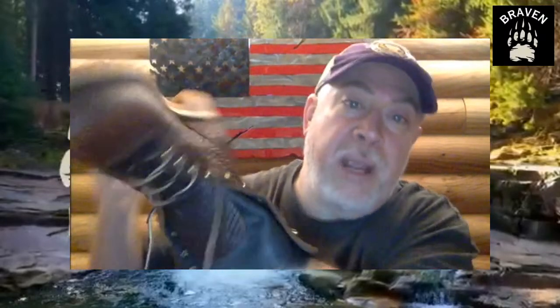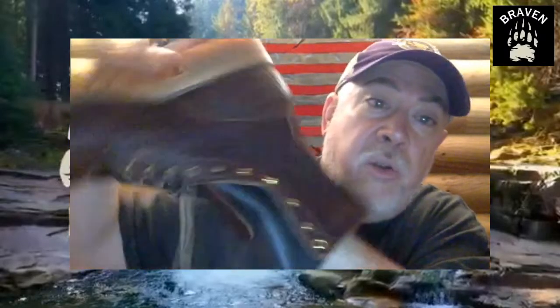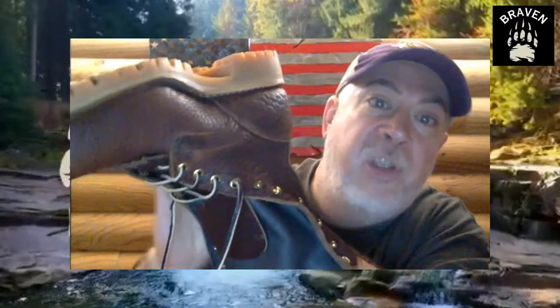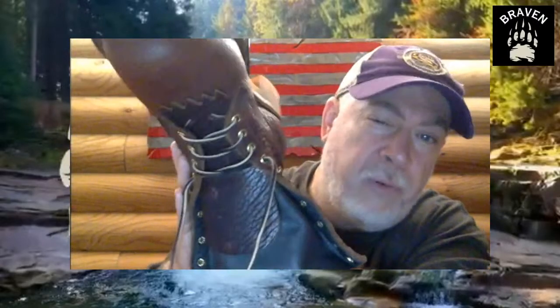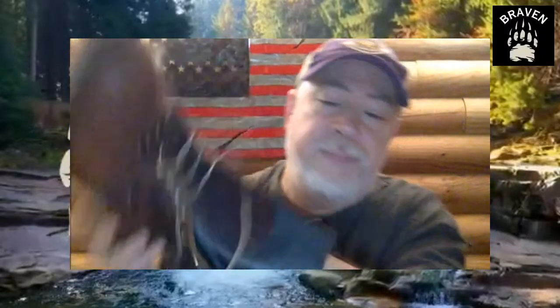You can put them next to a wood stove or fire. Just make sure they're not too close, and you change the directions often. You don't want them getting dried out too fast, which can mess up the leather a little bit. So be real careful, dry them out as slow as possible and not too close to direct heat. But anyway,